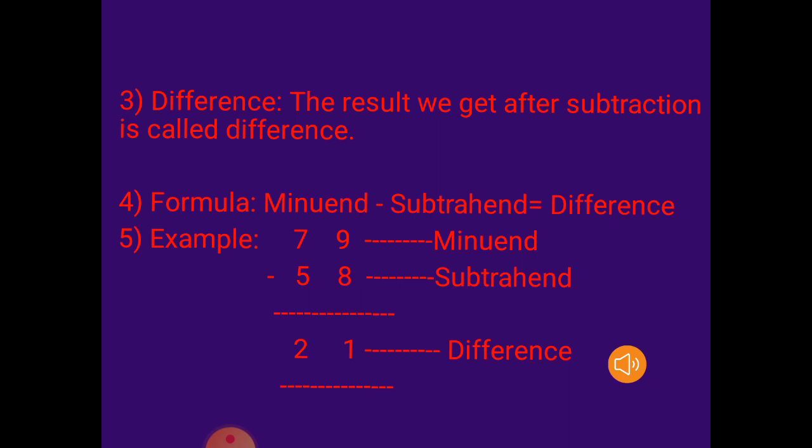So as you all know, start the subtraction process from the ones or the units place. So we have got digits 9 and 8 in the ones or units place. So 9 minus 8 is equal to 1. Then we go to the next place value, that is tens place value. So 7 minus 5, we get 2. So here we got a 2-digit number which is 21. That is minuend minus subtrahend is equal to difference. So the difference is 21.